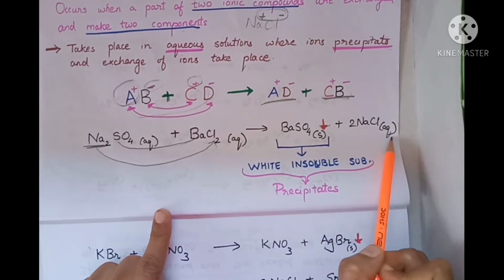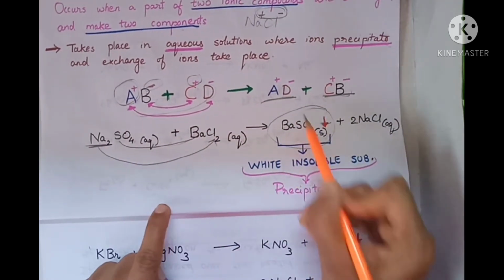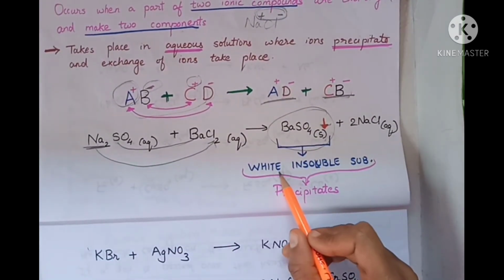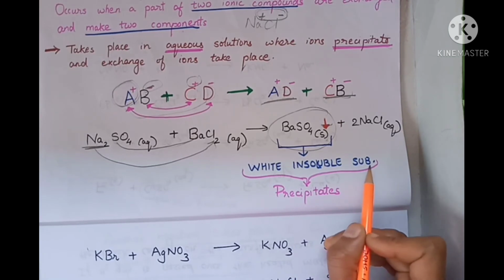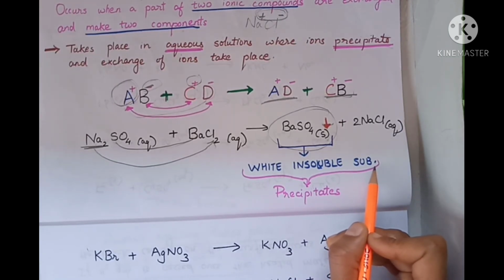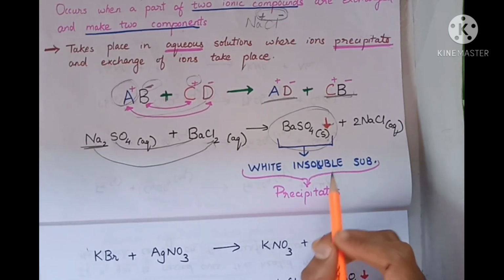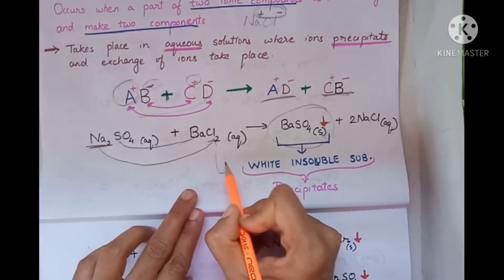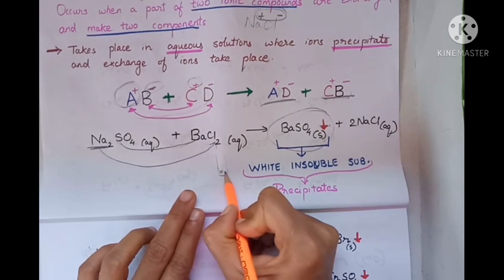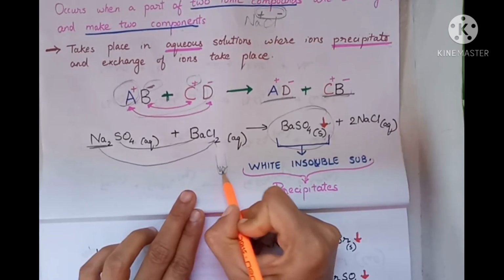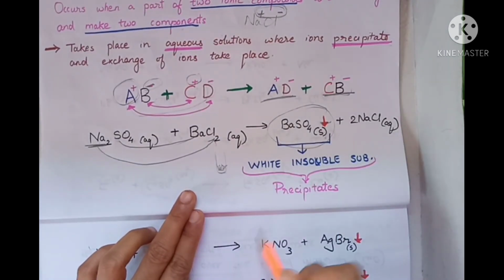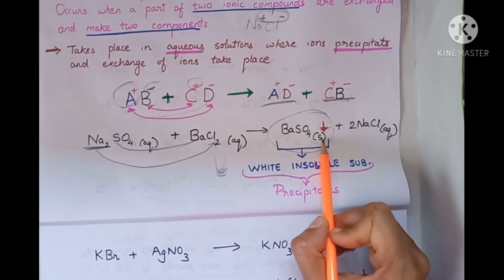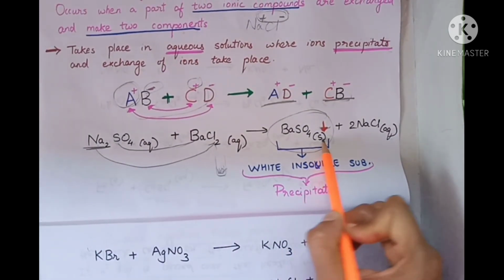Okay, so NaCl, twice NaCl aqueous. So one of the substances would be a solid and it would precipitate. Precipitate would be in the form of solid, white, insoluble. That thing wouldn't be soluble in the solution and it would just be settling towards the bottom. Okay, if you have a test tube, you can see after mixing, you will see the white solid settle down in the test tube after the reaction is completed. So one of the substances would be here in solid.